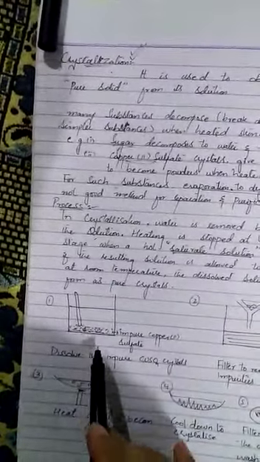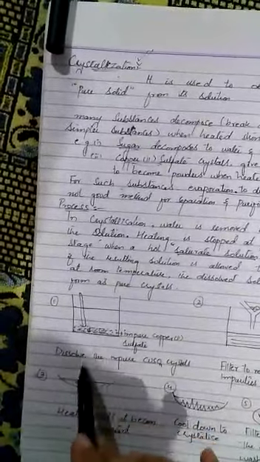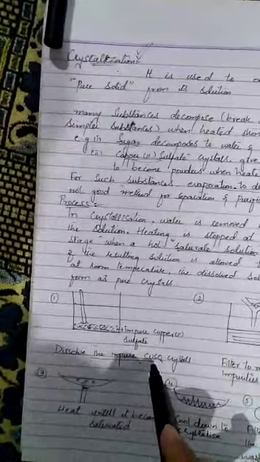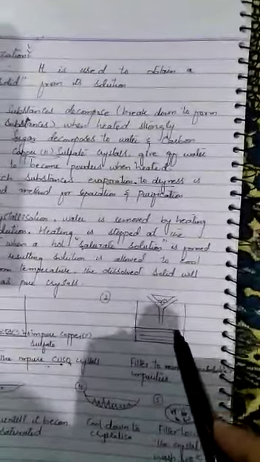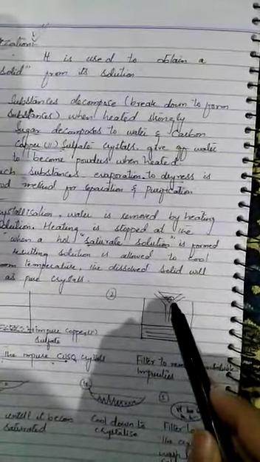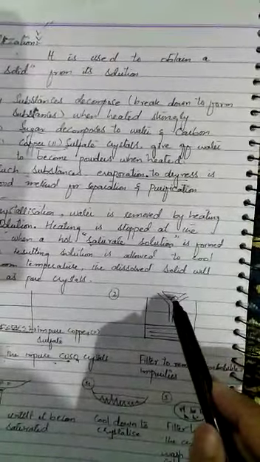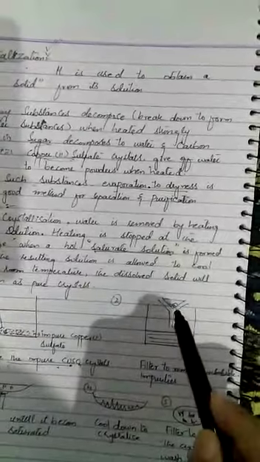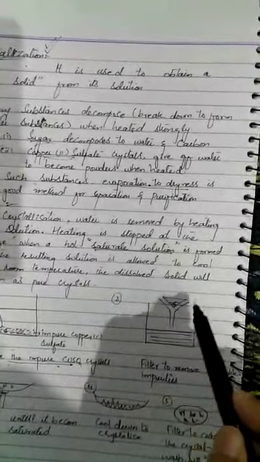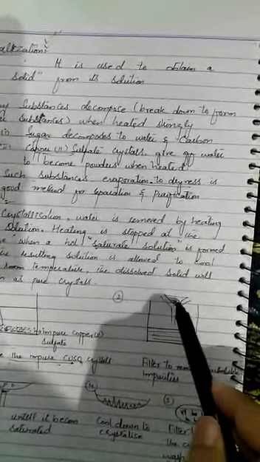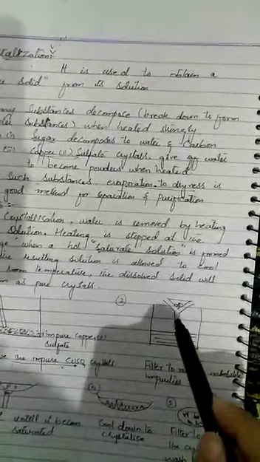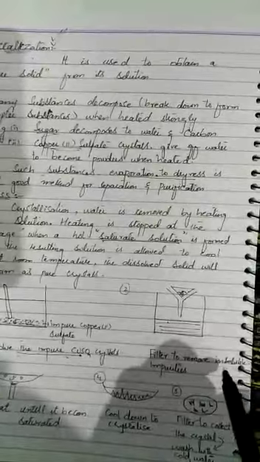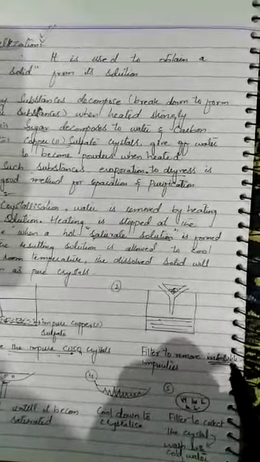First, impure copper sulfate crystals are dissolved in water. After dissolving, you pour it through the filter paper just to separate out the insoluble impurities, because this method is used to get the soluble salts. If there is any impurity, it will stay on the filter paper, and all the soluble salts and the water will pass. So the filter will just remove the insoluble impurities.